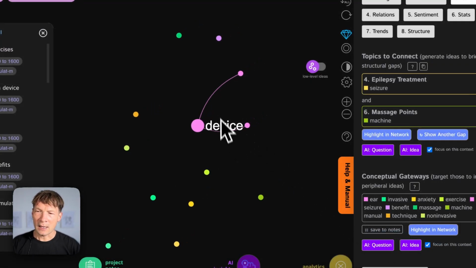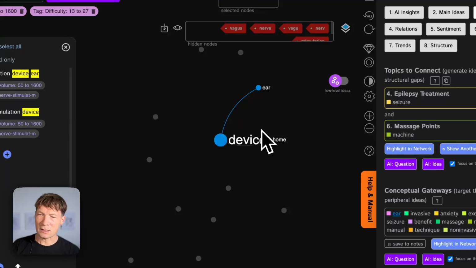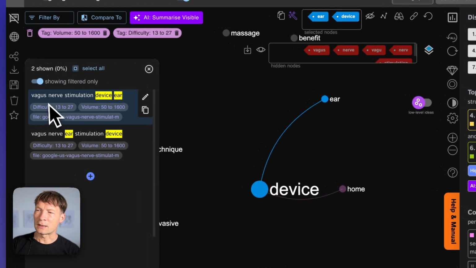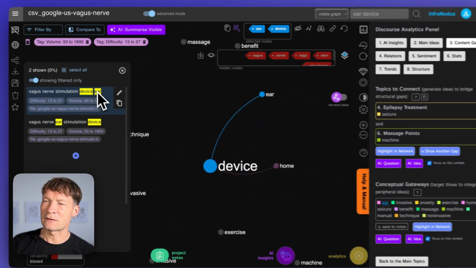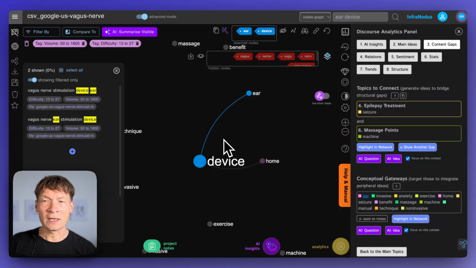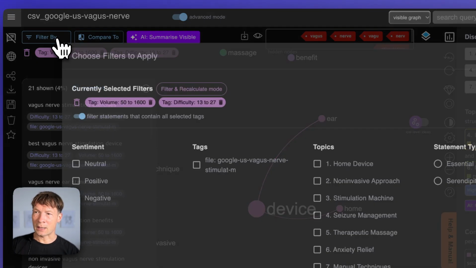I click here, and as you can see, there's actually much less nodes. Ear device is the only cluster here, so that means that I probably should focus on that. And here it tells me vagus nerve stimulation device for ears, or vagus nerve ear stimulation device. So that's interesting, because it makes me understand that, okay, there is a lot of demand for vagus nerve stimulation device for the ears, and the competition there is not so high. So that means if I want a low-hanging fruit, I would address it first, and then I could apply other